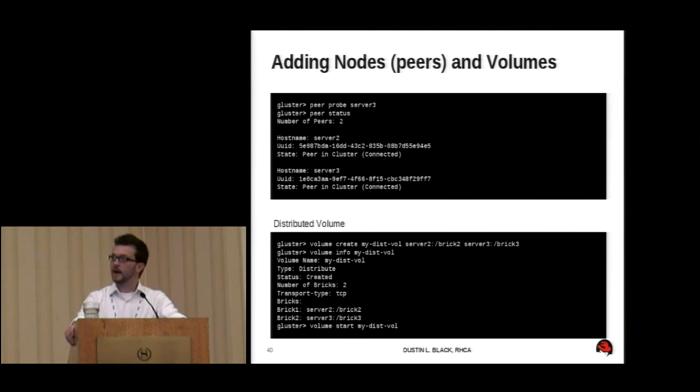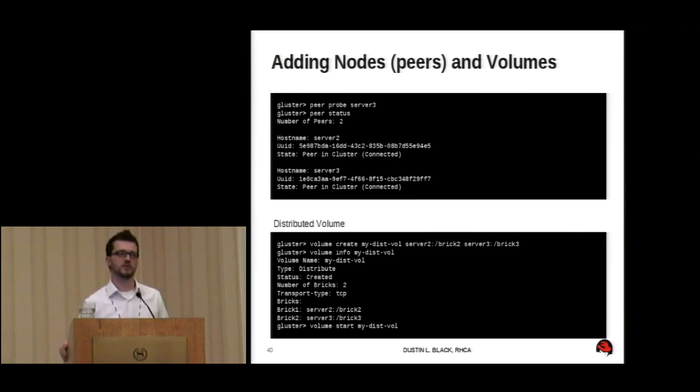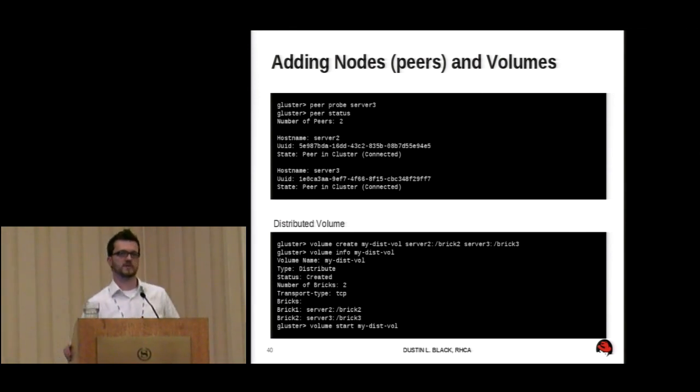But now that we've added that file system, let's start building our Gluster environment. So the first thing we're going to do is probe the peers. From the Gluster command line, we see peer probe, and I've given it a host name, which is just a resolvable host name on this machine. And then you can see peer status. One thing that's kind of interesting when you look at this peer status command is it does not show the local machine that you're running the command on. So this output is showing server 2 and server 3. We can assume through inference that I'm actually running this command on server 1, which is also part of the Gluster cluster in this case. It's not going to show up in the peer status command, but that's okay.